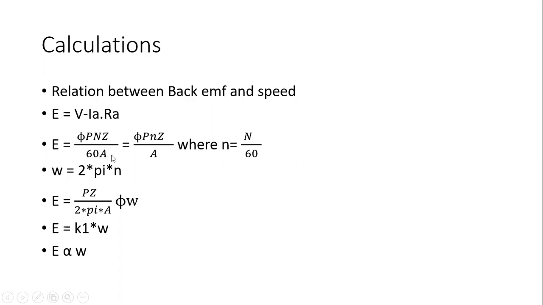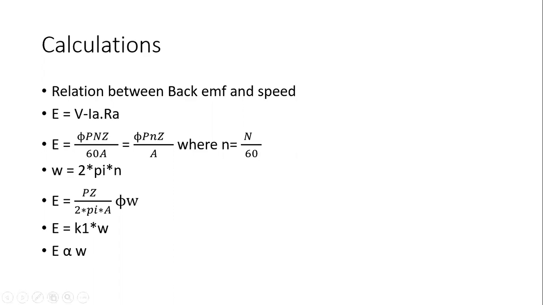So now let me convert this value of speed in RPM into RPS value. Therefore, I will carry out this manipulation of defining the capital N as N by 60 in order to denote the small n value, that is the speed in rotations per second. With respect to this, now let me find the angular speed. This angular speed, which is expressed in radian per second, is given by 2 pi into small letter n.